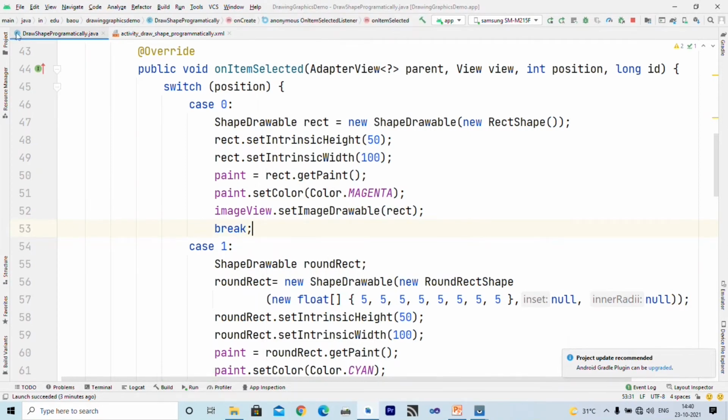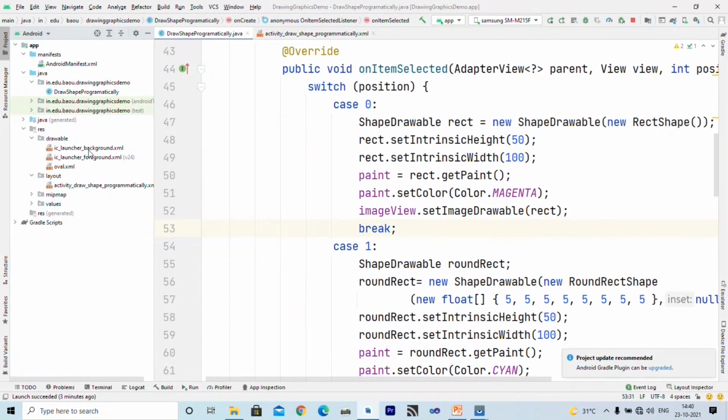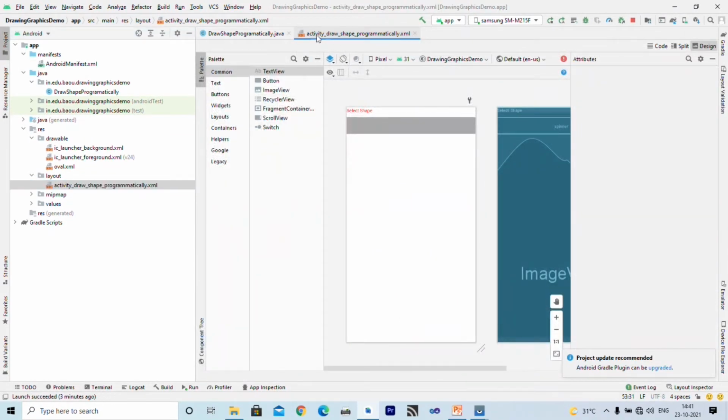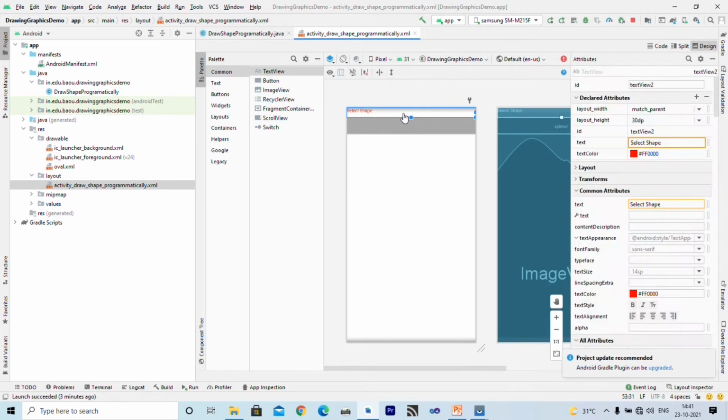Let us try to understand the project structure first. Here you can see there is one activity file, DrawShapeProgrammatic, and there is one layout file which draws these shapes. Inside the activity_draw_shape_programmatically.xml file, we have one text view which just displays one message, select shape.